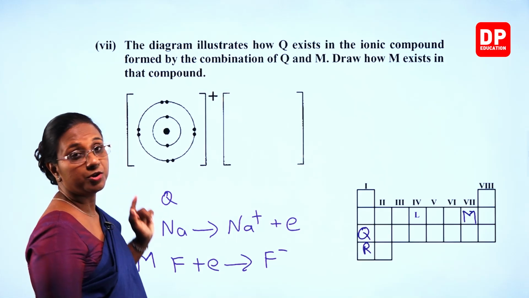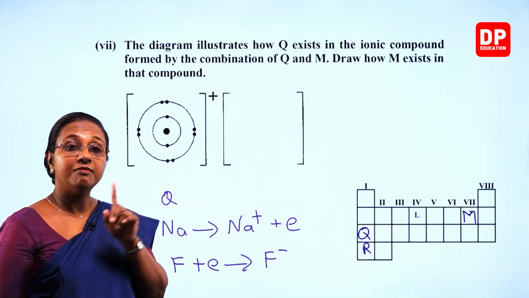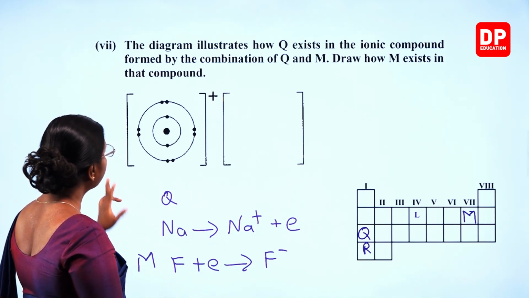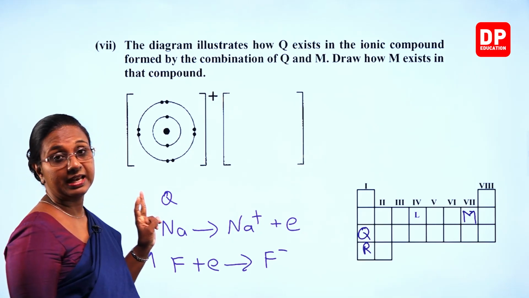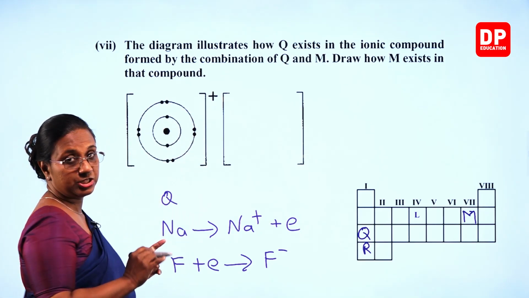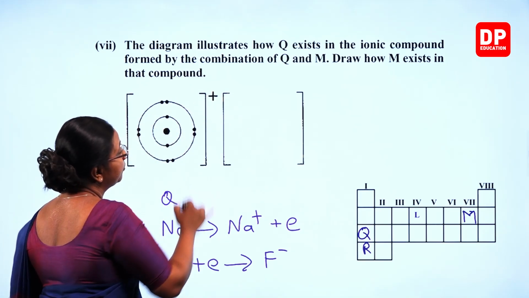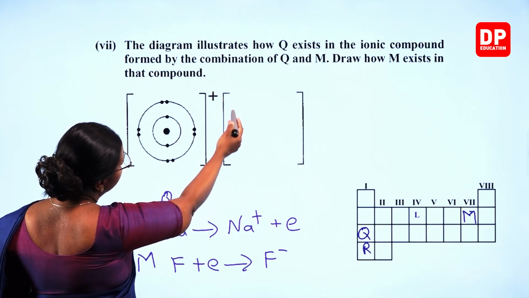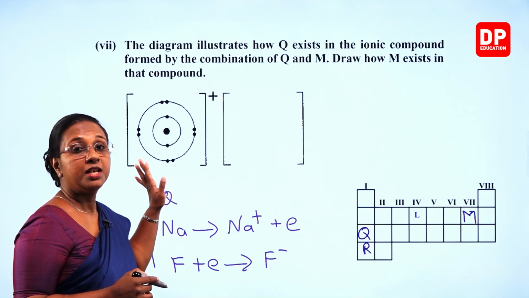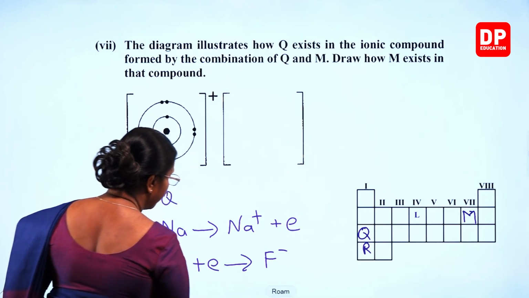Here you can see positive charge. So, the third shell which had the 1 electron, that electron had been lost. So, there are only 2 energy levels containing electrons. So, 2 in the first shell, 8 in the second shell. You have to draw them within square brackets. You have to put the charge at the right hand top corner. So, the positive ion is shown here. Now, you have to show the negative ion. Now, negative ion, you all know, students,